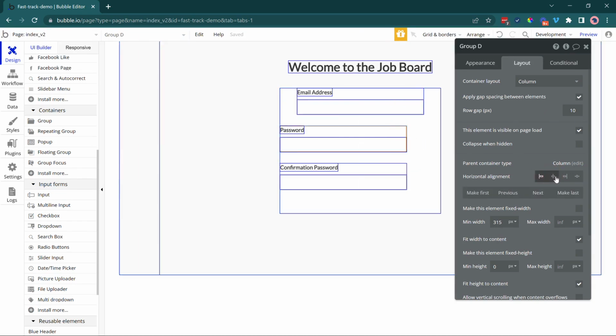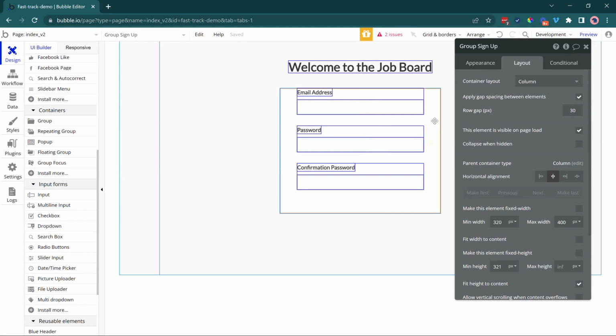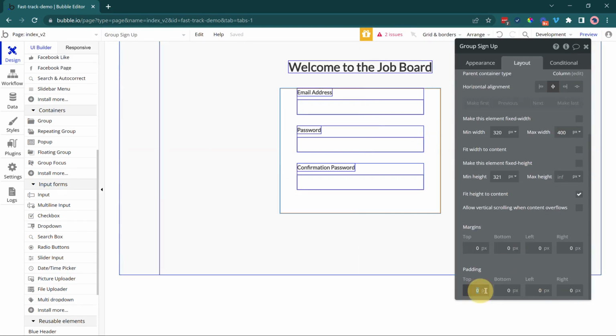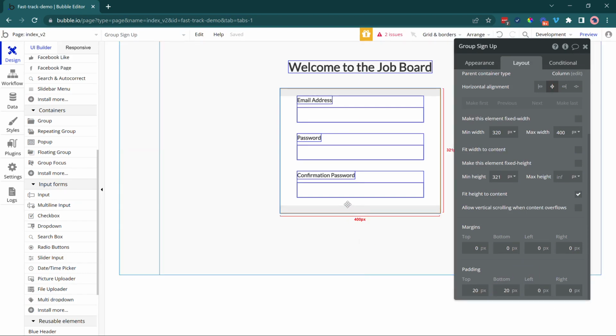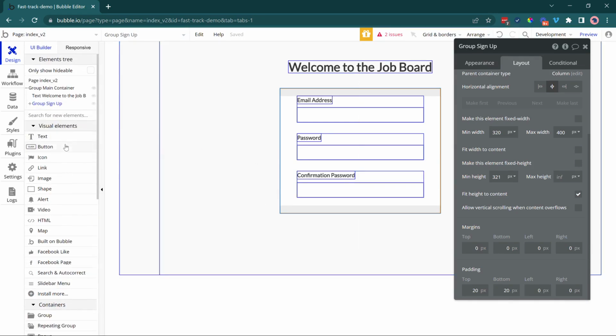Right? I don't really want them fully left aligned. And inside of the group here, I'm also going to add some more padding. Let's do 20 pixels on the top. We're going to do 20 pixels on the bottom as well, so that I make sure I have that breathing room away from the very bottom edge and whatever the last element is, which